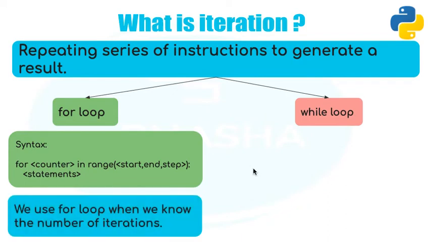And you are supposed to remember that when exactly are we supposed to use a for loop? When we actually know the number of iterations. If we know that I have to execute my program a specific number of times, I have to use the for loop. And always remember, with a for loop you can never ever go into an infinite loop.